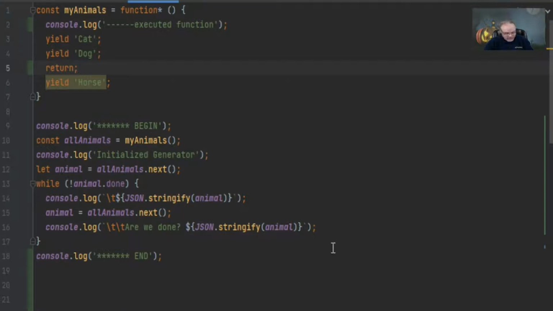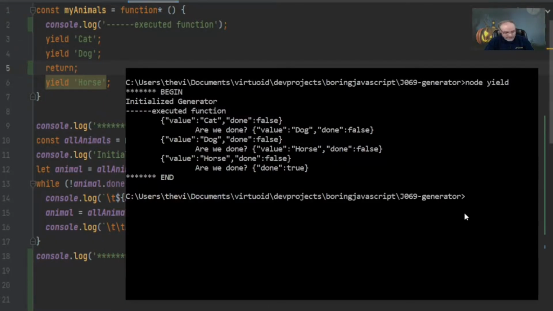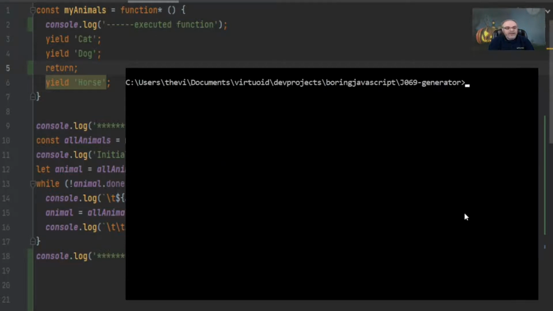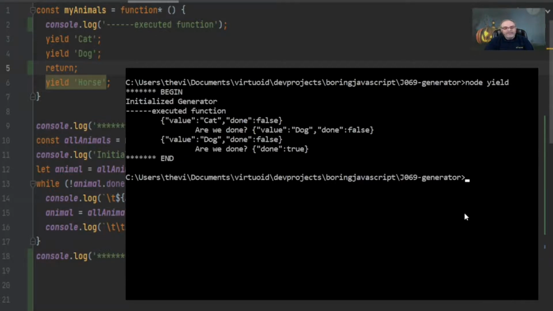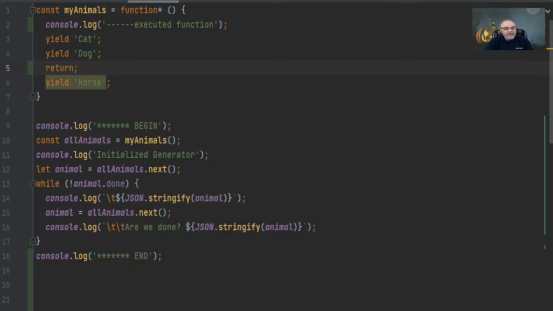So let's flip over to node, and let's clear off our screen. So now we should get cat and dog. Sure enough, we just got cat and dog. So that proves to you that a generator function, again, gives us an iterable that allows us to very easily go through each and every single one of the